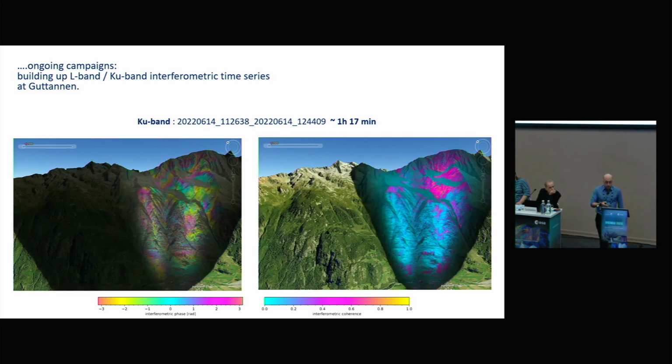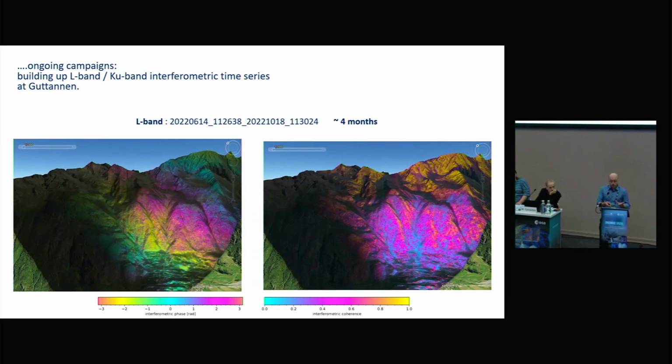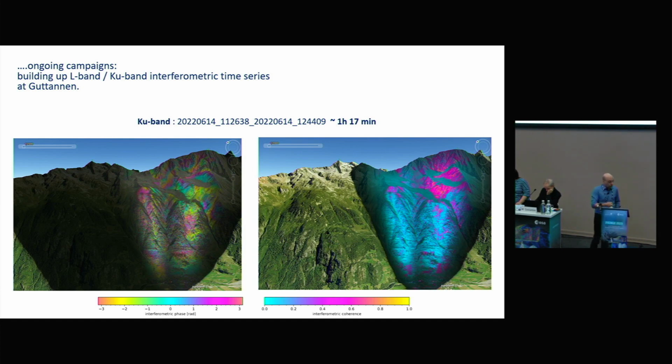Then the same thing for the Ku band imagery, and you can see, of course, I flip back and forth a bit here. The dramatic difference in the coherence for this particular area is because the lower parts are vegetated, forested areas, but you can see that in the upper parts, in the rocky areas, you still get very good coherence, and of course some phase patterns. You see a good phase measurement, but it's not something you can use directly for deformation. So there's a lot of work to do.